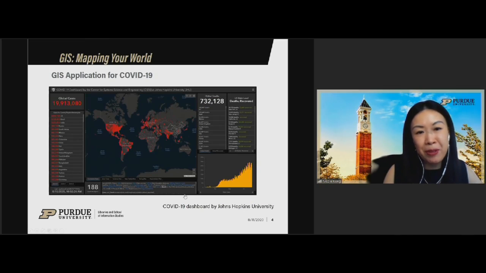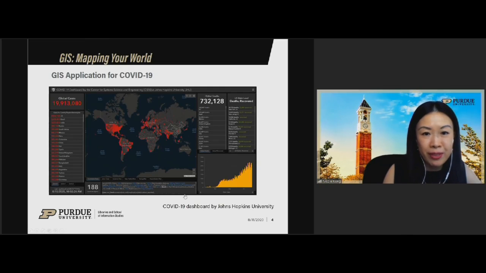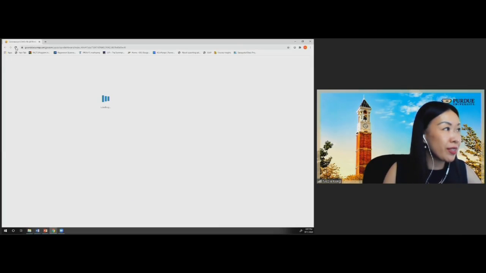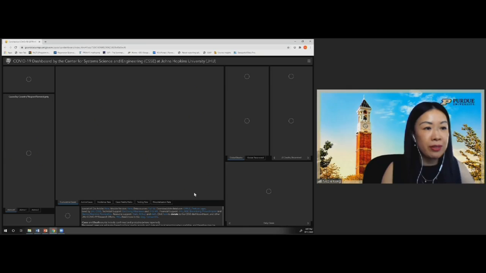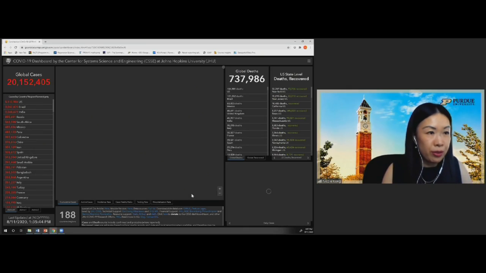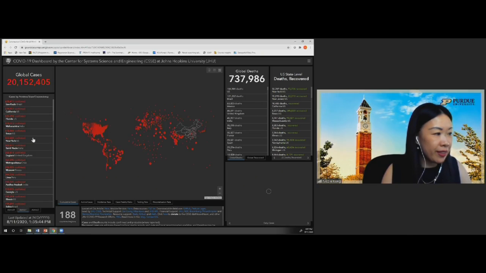And now, since COVID-19, I guess most of the participants have seen this dashboard already. It's developed by Johns Hopkins University. People started to use maps to communicate the cases of COVID-19. Let's use this dashboard. Let me bring it to the shared screen. This dashboard technology is using GIS in the back end to display how the world, or how the US, has been affected by the COVID-19 spread. And here, let's go to